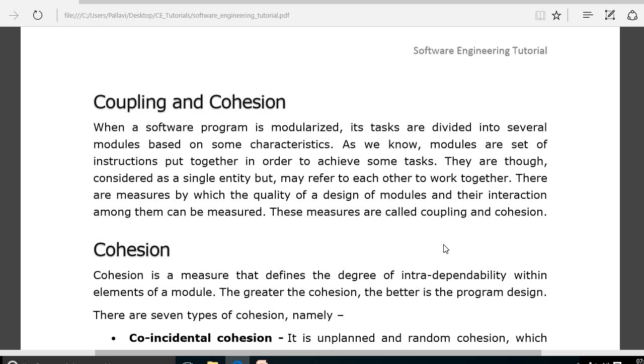Before going to this, why we discuss about design objective. So software design